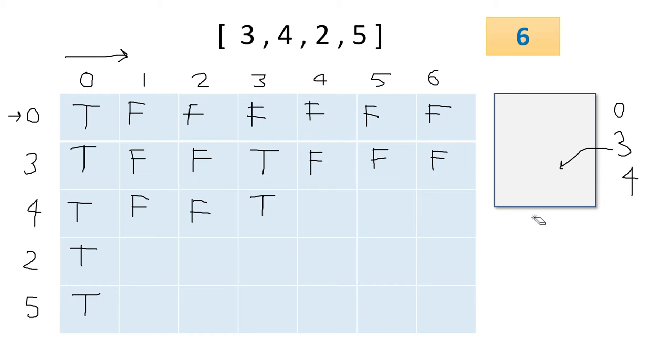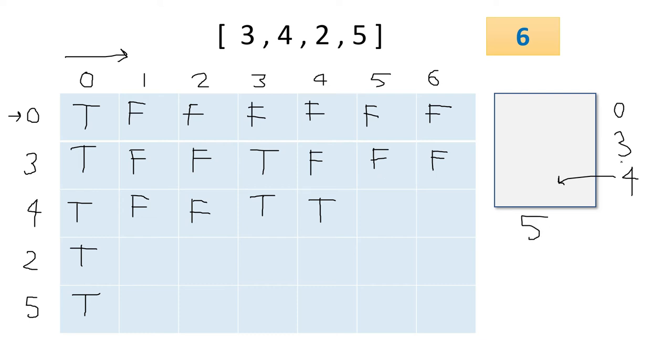Now here it is 4. So for capacity 4, what we have to check is that the upper cell is false. But if we do 4 minus 4, that is 0. So if we go to the 0th row, for the above cell it is true. And it is true also, right? So if we directly put the 4 here, then we are done. So it is true.